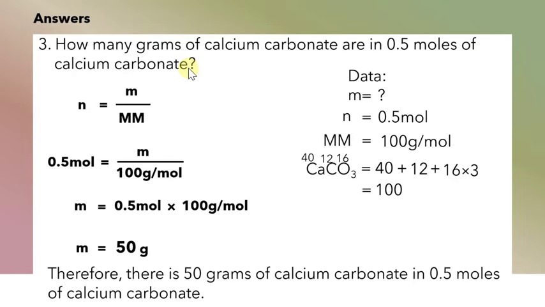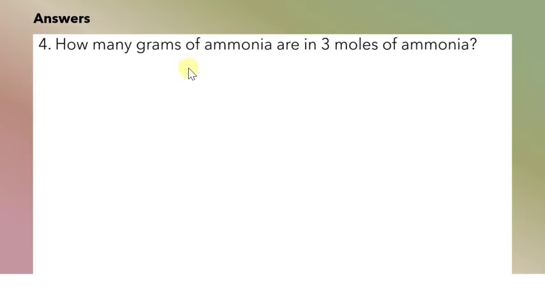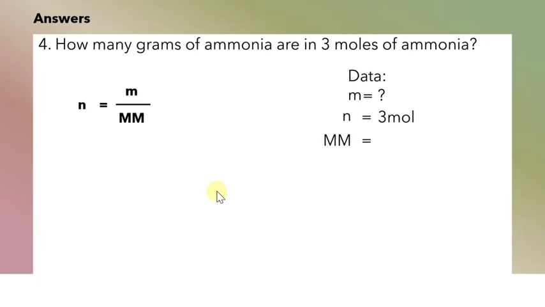Then the last question, which is how many grams of ammonia are in 3 moles of ammonia. So put the formula as number of moles is equal to mass over molar mass. Data again: mass is what we're looking for, then number of moles, we are told it's 3 moles. Then molar mass of ammonia is 17 grams per mole, because ammonia is NH3, then nitrogen is 14, hydrogen is 1, then we'll sum it up, 14 plus 1 times 3 there, because there are 3 atoms of hydrogen,